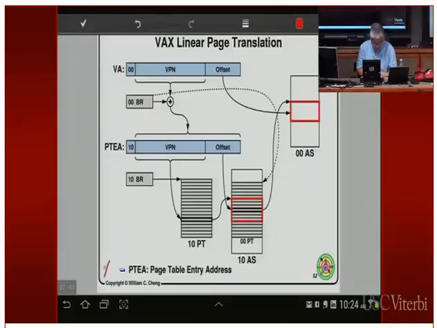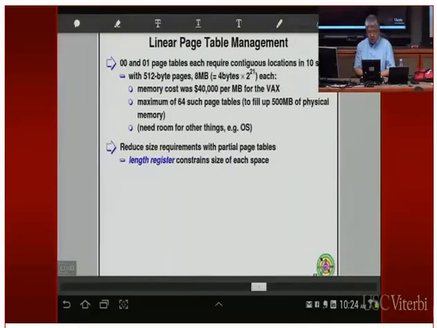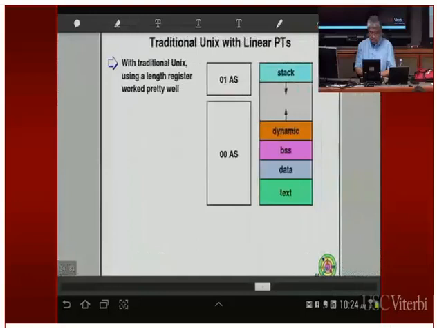Actually, I'm going to put a little gray X over here so that you don't really have to pay too much attention to this very confusing picture. Okay? This picture, I got it from the textbook. So you can try to understand it and figure out exactly what it means, but you won't be responsible for it on the exam. Okay, and also the scheme is not being used these days, so we're going to pretty much skip that.